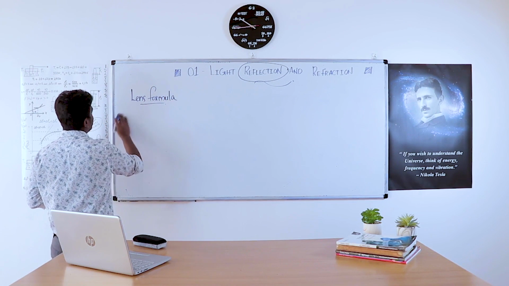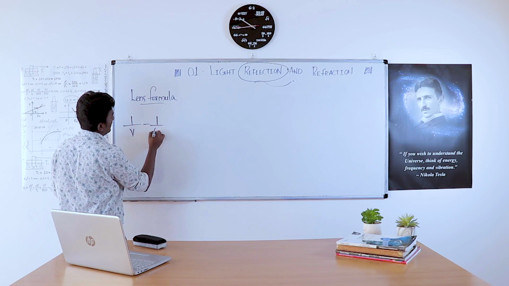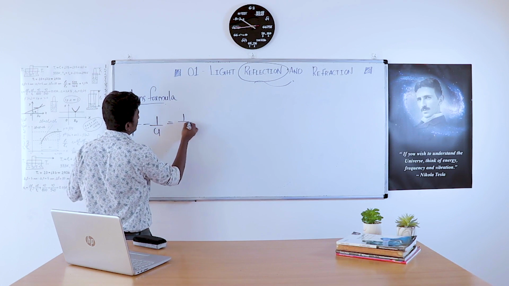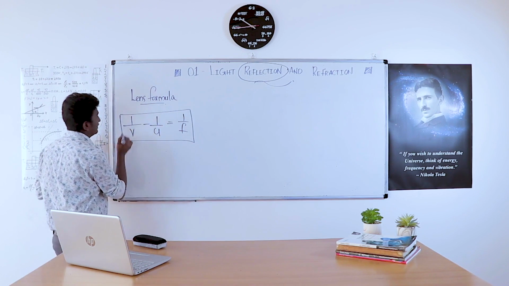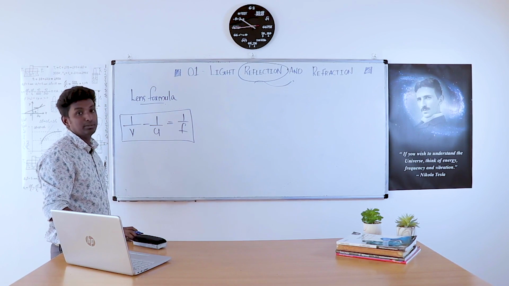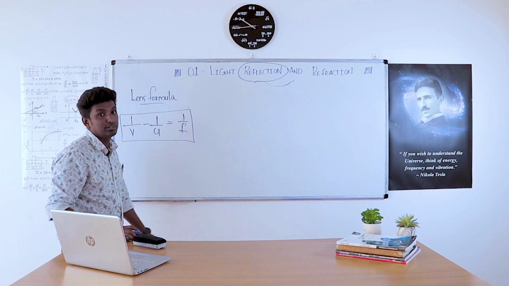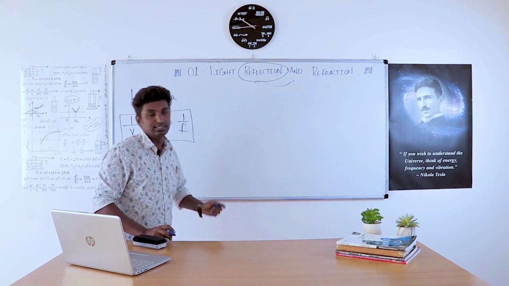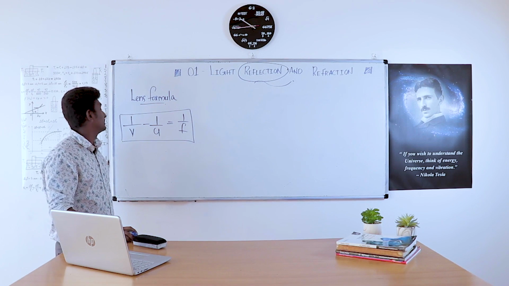This is a simple equation, that is 1 by V minus 1 by U is equal to 1 by F. This is the lens formula. In the mirror formula, it is 1 by V plus 1 by U is equal to 1 by F. But in the case of a lens, it is 1 by V minus 1 by U is equal to 1 by F,